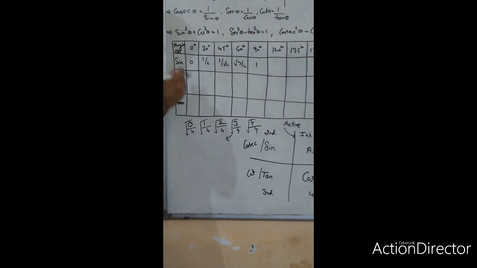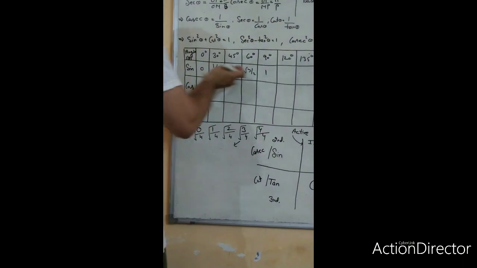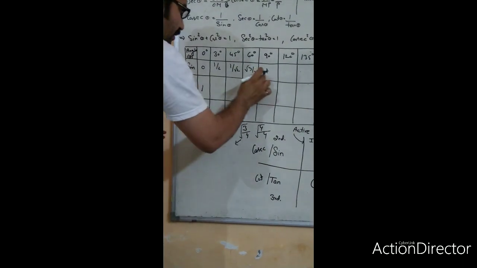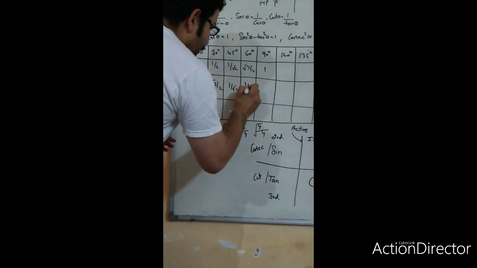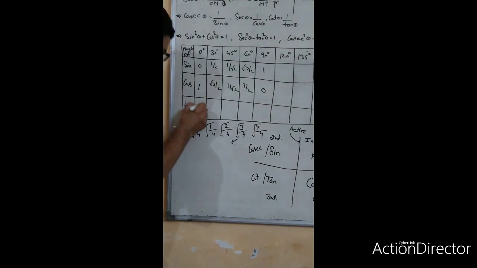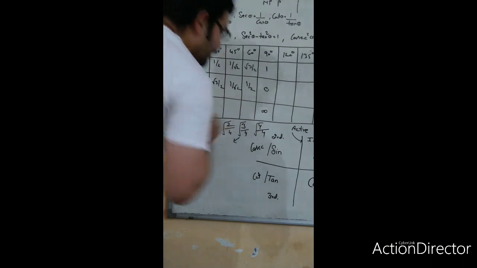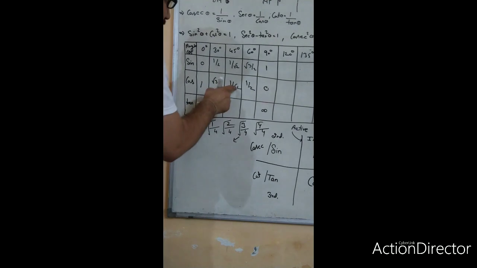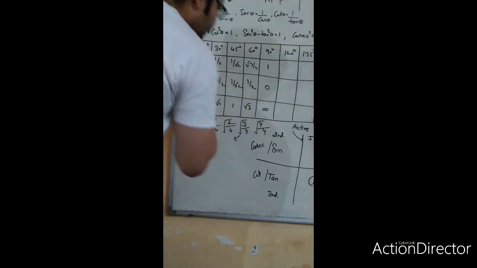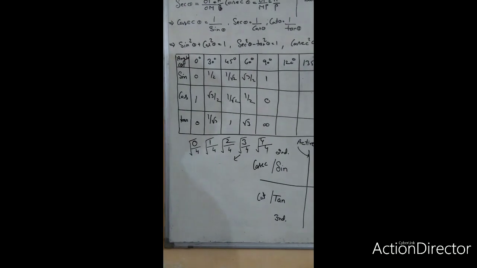Now cos, for finding the value of cos up to 90, you have to just reverse that line. You have to take 1 here, root 3 by 2 here, 1 by root 2 as usual, 1 by 2 here, and 0 that side. For finding the value of tan, you have to divide sine by cos. 0 by 1 is normally 0, but 1 by 0 is infinity, because it is undefined. But here 2 cancels out, 1 by root 3, and root 2 cancels out, the answer will be 1, but here 2 cancels out, root 3 will be the answer. In that manner, up to 90 degree, you can find all the basic 3 trigonometric ratio values.